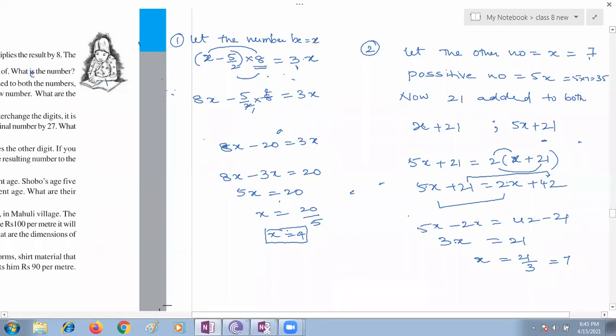I raised my hand for reading the next question. Okay. Just a minute. A few students need one more time explanation. I'll help them. Then I'll come back with that.